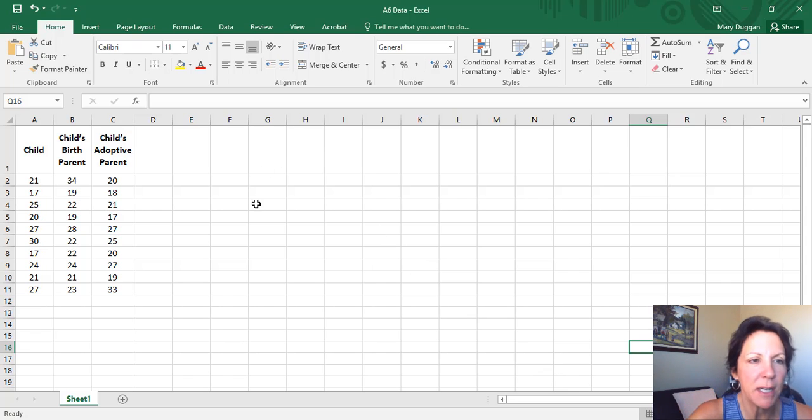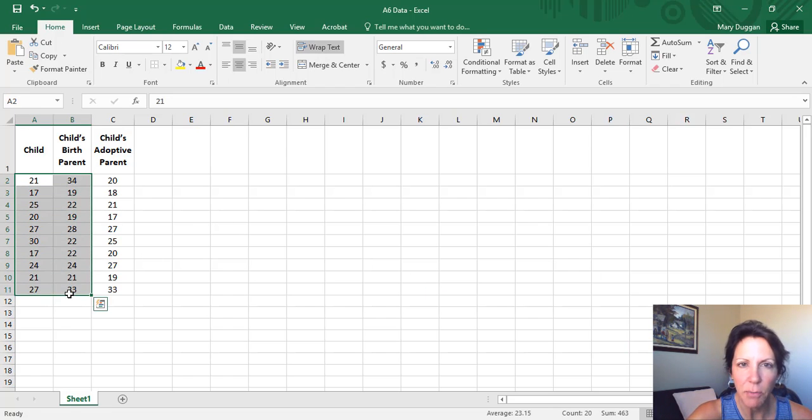First thing I'm going to do is decide which two sets of data I want to make a scatter plot for. I have the child data, the child's birth parent data, and the child's adoptive parent data. Now this is old data, so this does not match your current assignment. But all I need to do is simply select the two sets of data that I would like to have